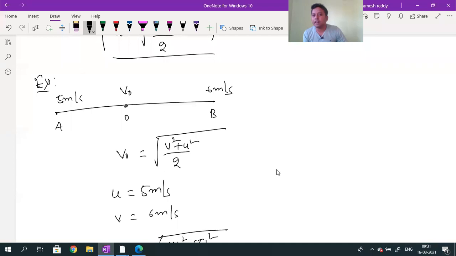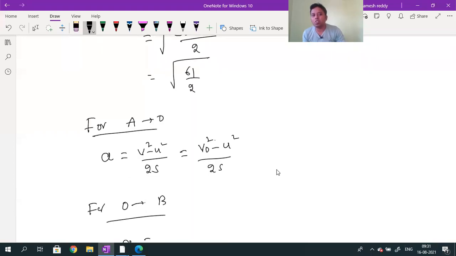For calculating velocity at the midpoint, I have derived the general formula. In exams, only numerical problems are asked. In any competitive exam, if you want to solve the numerical, you should know the concept. When the concept is known, the numerical can be solved fast. Without knowing the concept, the problem will take much time. When you know the concept, the problem can be solved easily. Okay?